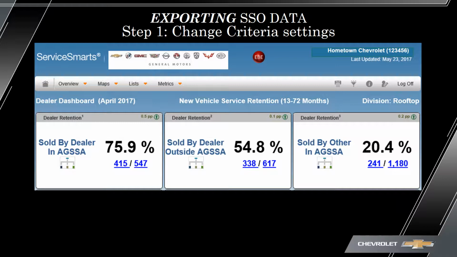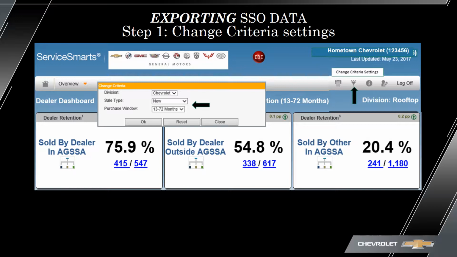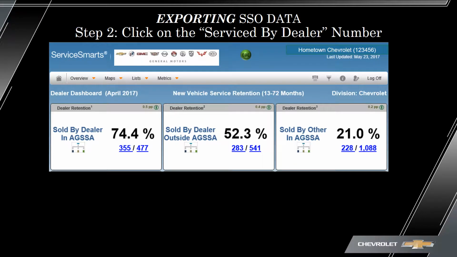Let's look at how to export the SSO data. First thing we want to do is change the criteria settings. If you look in the upper right-hand corner, that funnel, it's called Change Criteria Settings. Click on that. That'll provide the option to change those settings. For this exercise, let's go with Chevrolet New 13 to 72 months. Okay, now that we've changed the settings, you can see we're at 13 to 72 months, new vehicle service retention,